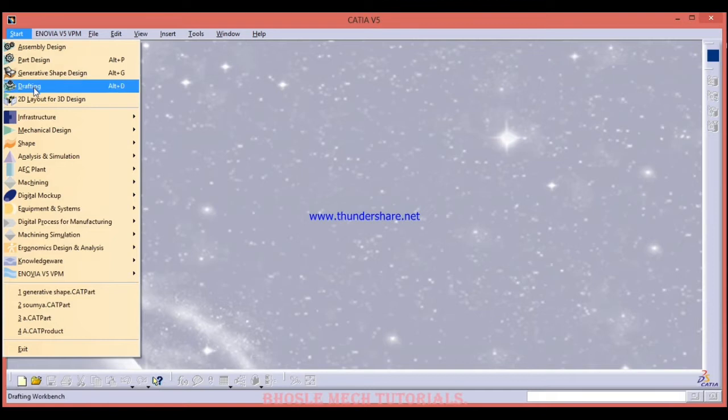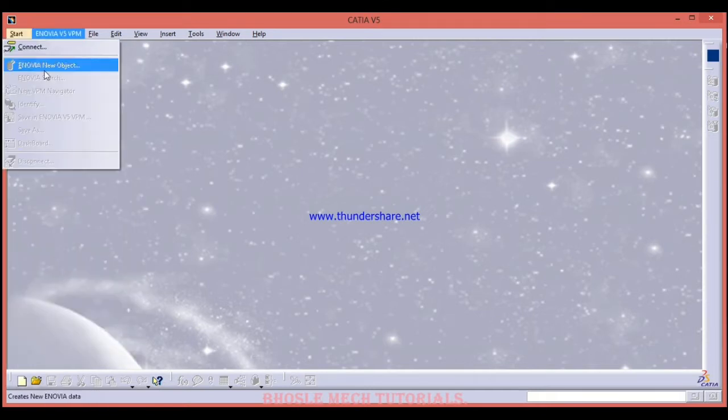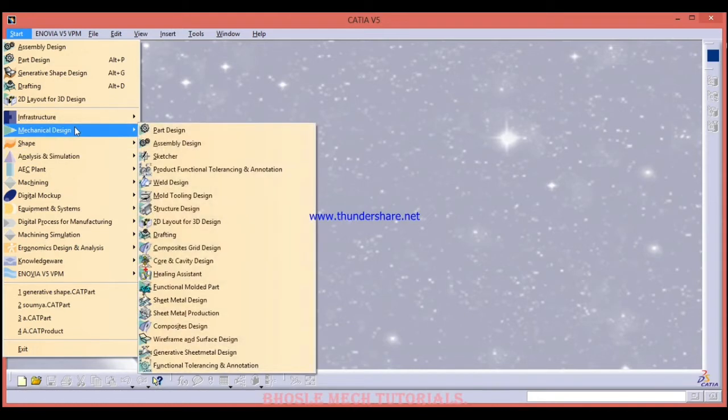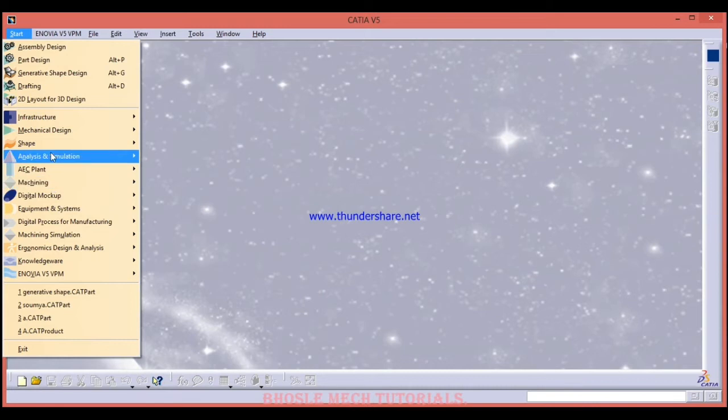These top 5 are my favorite workbenches: assembly design, part design, generative. These are my favorite design workbenches, and these are all the different domain workbenches. Now I will show you how to set these favorite workbenches.